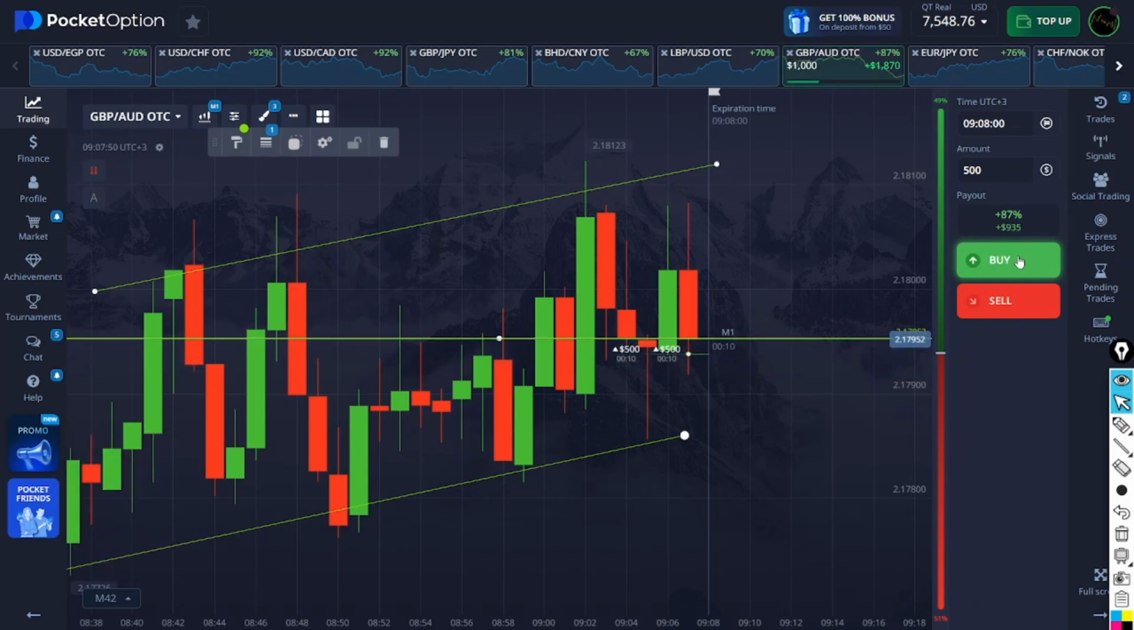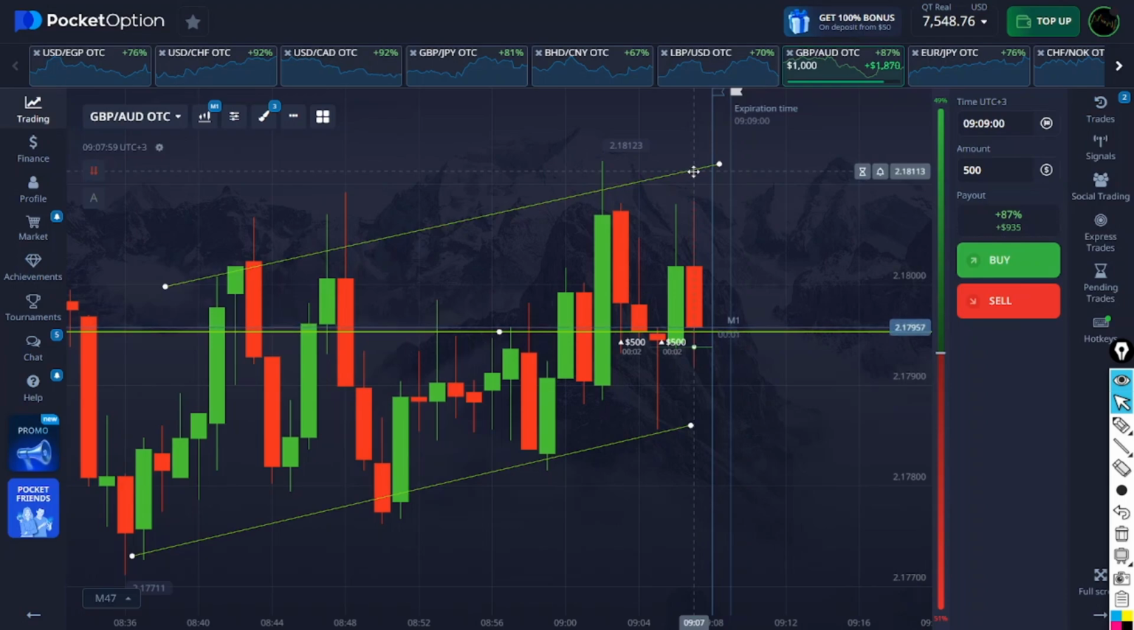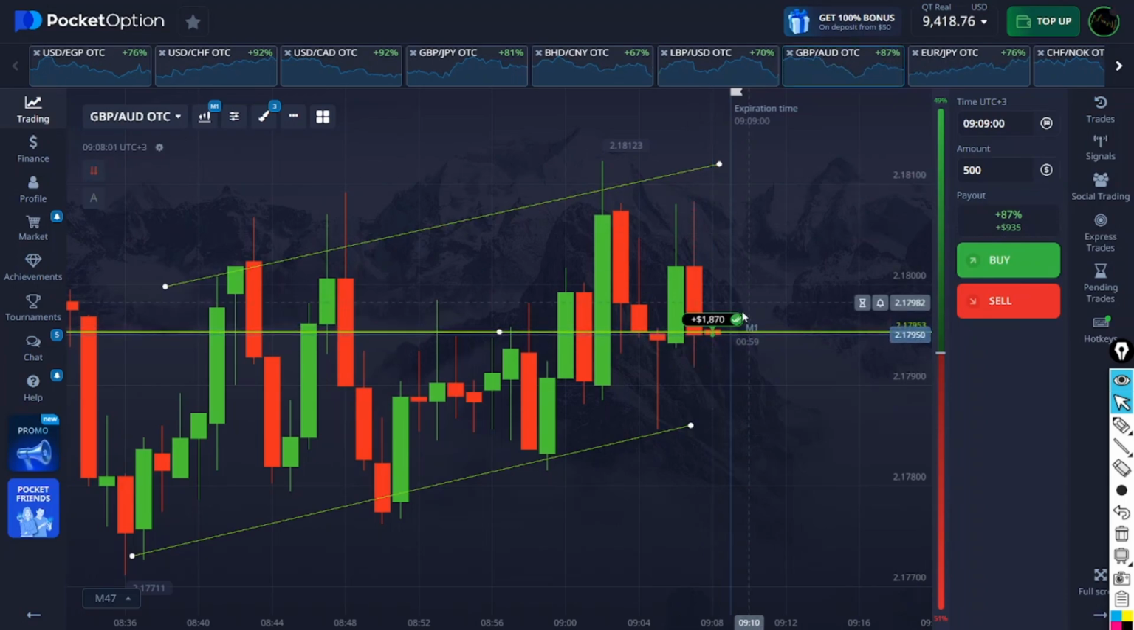If you look closely, it's almost similar. We have this trend line which hasn't been touched. So I'm expecting these buyers to come up to this trend line. So okay, that was